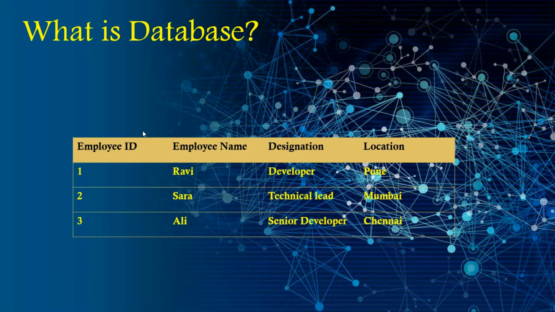In this example, we have 4 columns: employee ID, employee name, designation and location, and we have 3 employees in it. We will add constraints on these columns to manage the data. We can fetch data by employee ID, name, designation and location. We can perform various operations on data while retrieving it, like grouping, logical operations, ordering, set operations. We will see these operations in further videos.